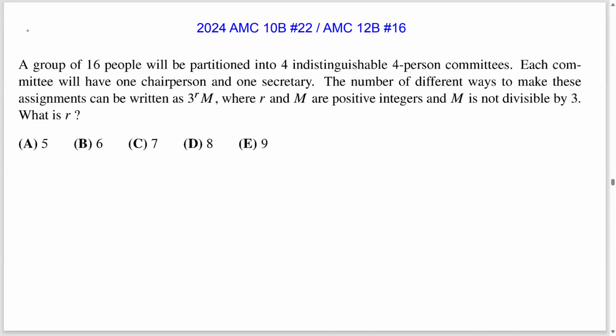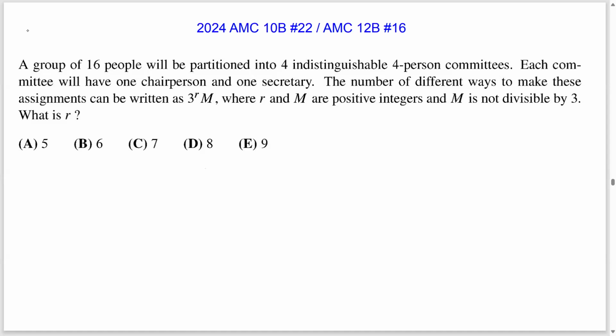A group of 16 people will be partitioned into 4 indistinguishable 4-person committees. Each committee will have 1 chairperson and 1 secretary. The number of different ways to make these assignments can be written as 3 to the r times m, where r and m are positive integers and m is not divisible by 3. What is r? So first we're going to find the total number of committees we can make,